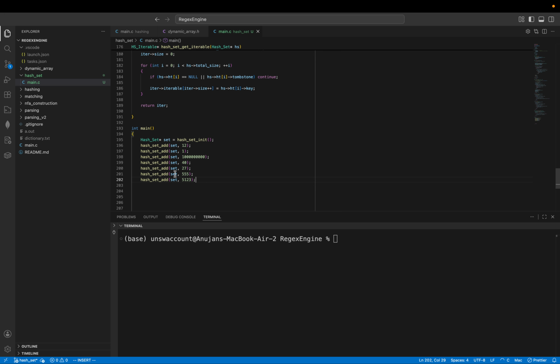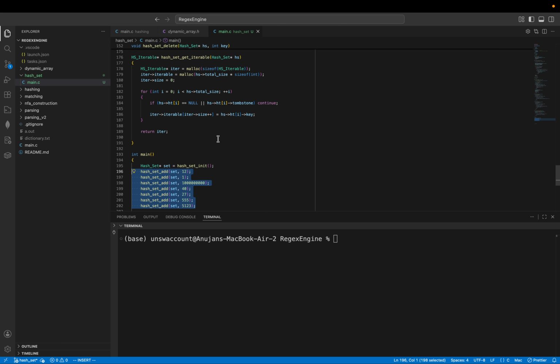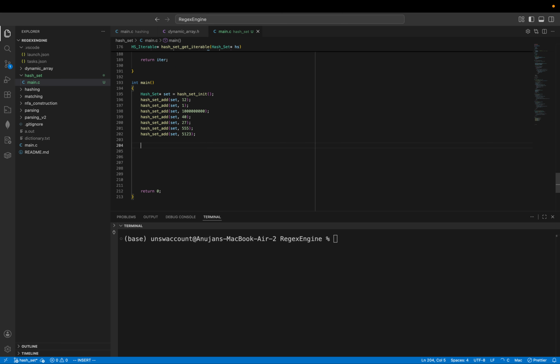Could also do negative numbers, but whatever. Okay. Printf. How do I print a boolean? I don't think that's a thing. I think I'll just put exists 40 equals hash set exists, given the particular hash set and given the key,